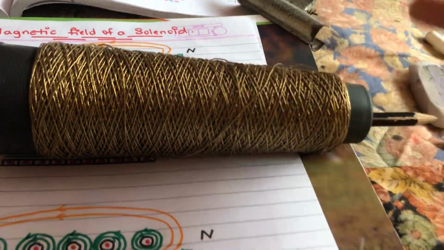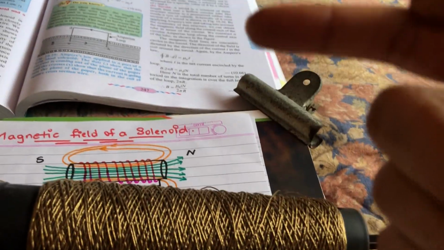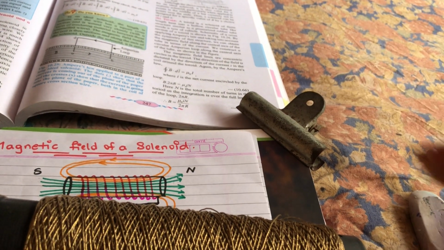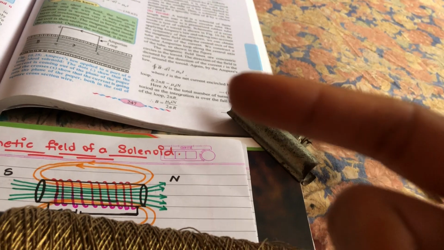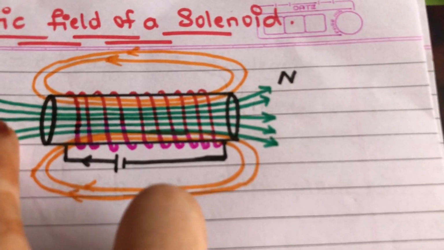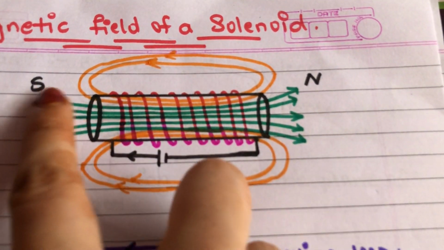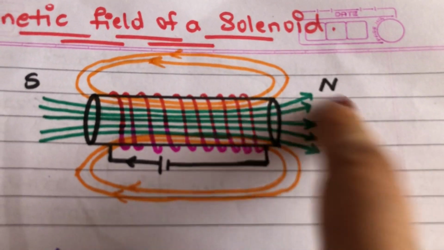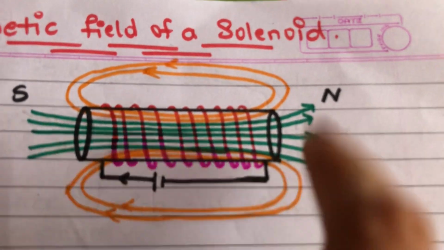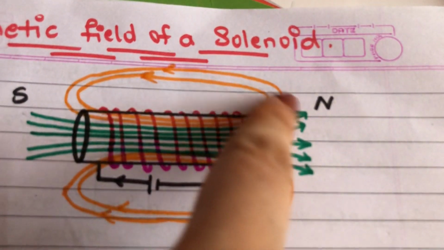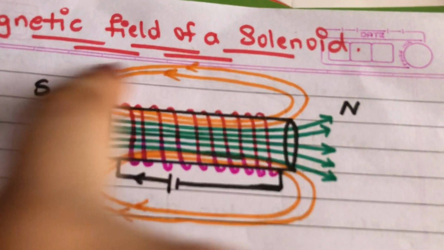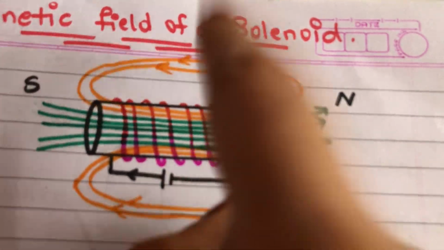Similarly, if you go away from the solenoid, the lines of force are less and the magnetic field is weak over there. So you can see inside the solenoid, that is along the axis of the solenoid, the magnetic lines are more, so I have shown that with green. And when you go above the solenoid, it is shown with the orange sketch pen, meaning the magnetic field is weak over there.